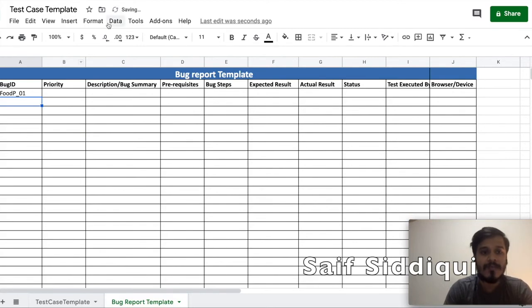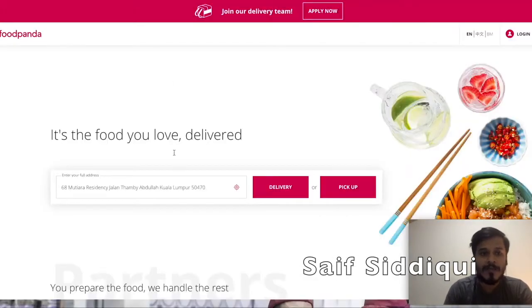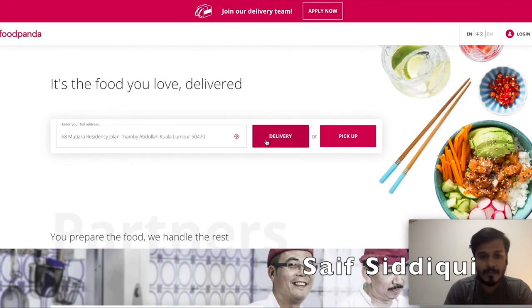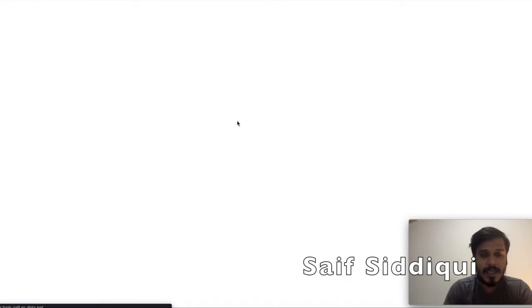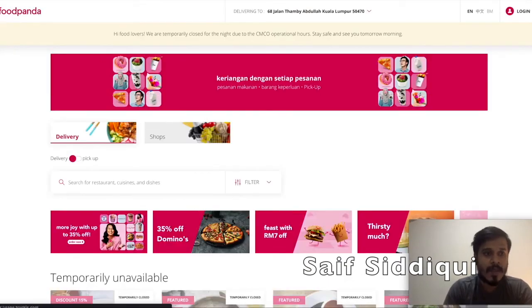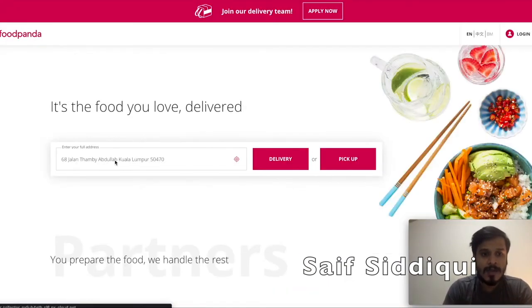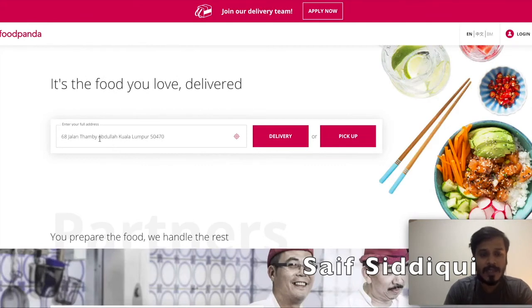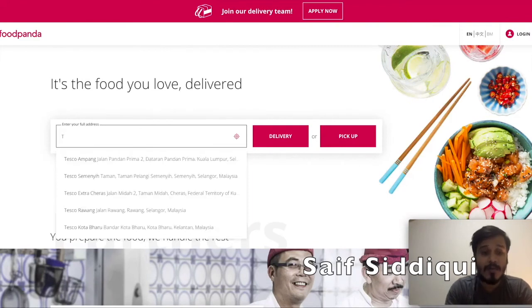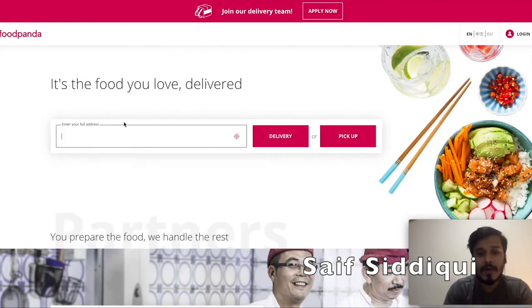And say for example I found a bug here. Say for example, if I am validating anything and that is not working fine, let's go back to the home page. Suppose in this enter full address area, I'm not able to type. Right now I am able to type everything, but suppose I'm not able to type anything, then this is a bug for me. And in order to write the bug report, I need to specify that I'm not able to write in this text box, in the enter full address text box.